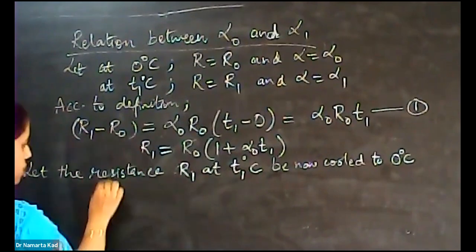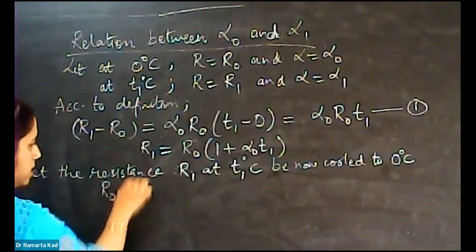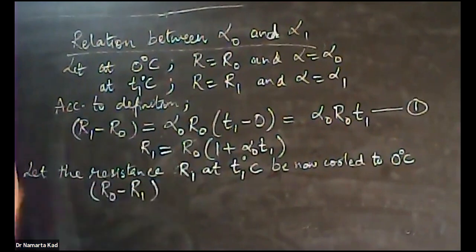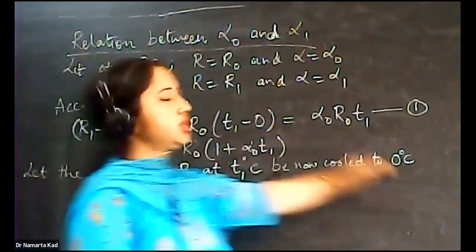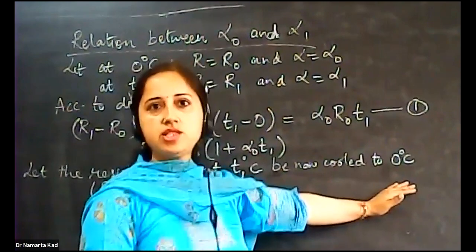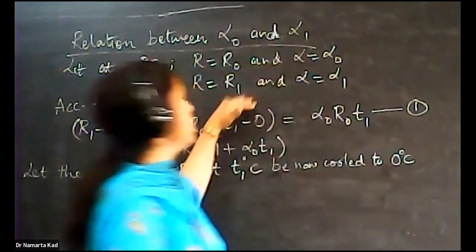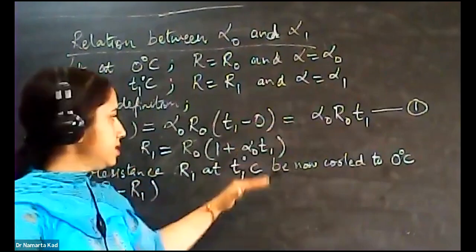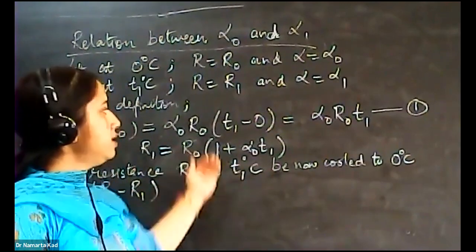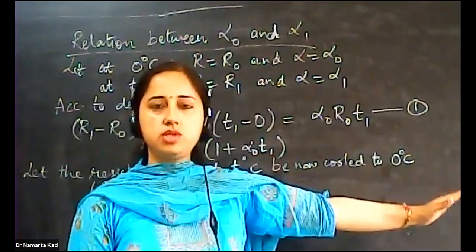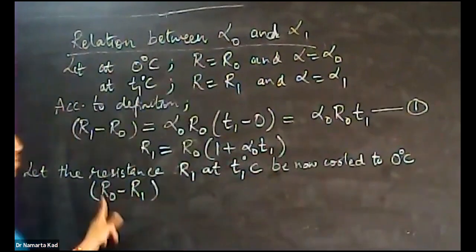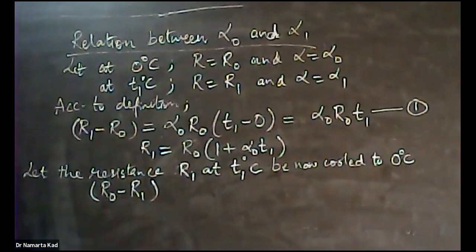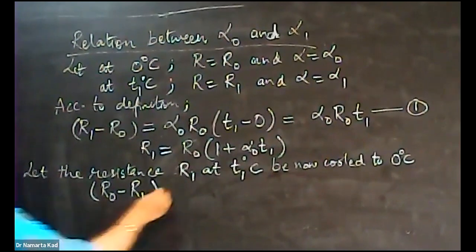Now we have to write it as R0 minus R1. When we are changing the temperature from T1 to 0, initially we changed the temperature from 0 to T1, but in this step we are changing again from T1 back to 0 degree C. So as per the definition, the change in resistance comes out to be R0 minus R1, that is equal to,